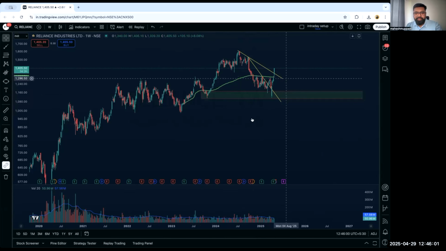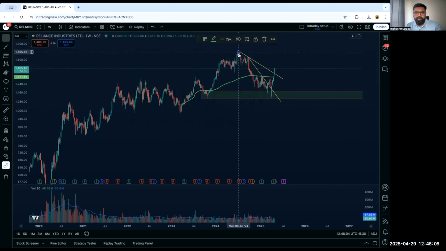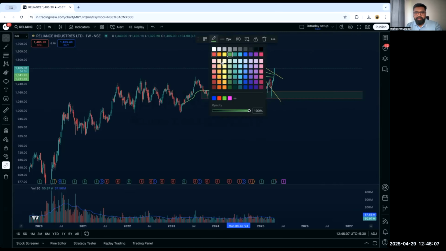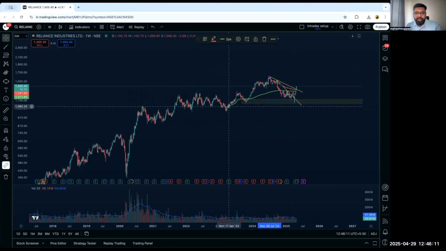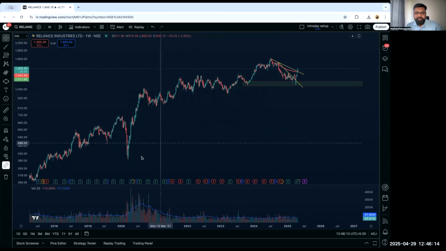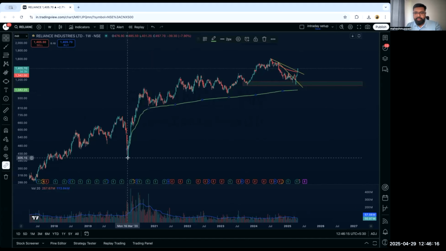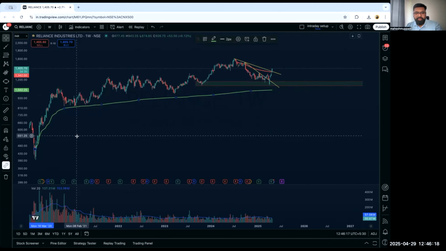So I'll take this point as a correction level. If you want, you can take this level because price has moved away. And you can see that considering the whole level,